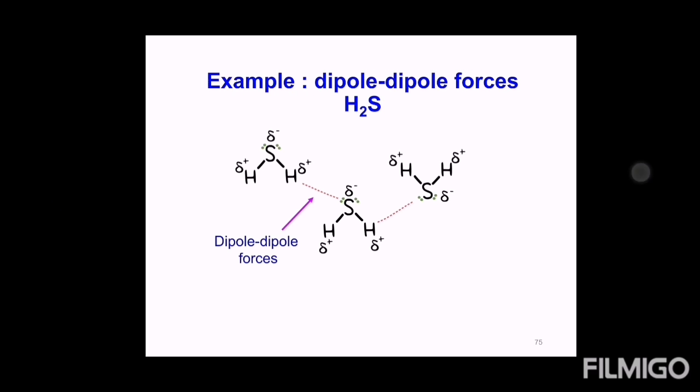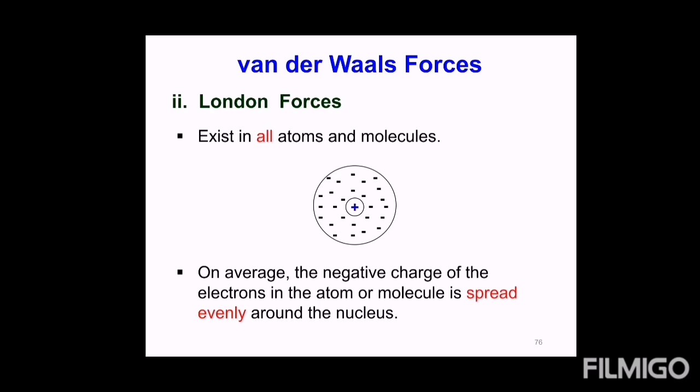And then we go to the other one, the van der Waals forces, London forces, as in all atoms and molecules. On average, the negative charge of the electrons in the atom or molecule is spread evenly around the nucleus. And then at any instant, one side of the atom or molecule has higher electron density than the other side. This means it is moving. We have electrons moving around the nucleus, right? So at one moment,